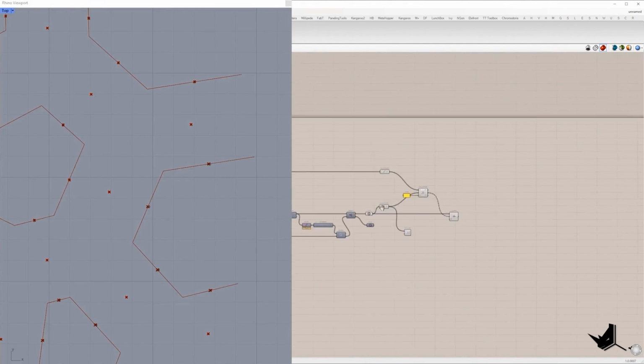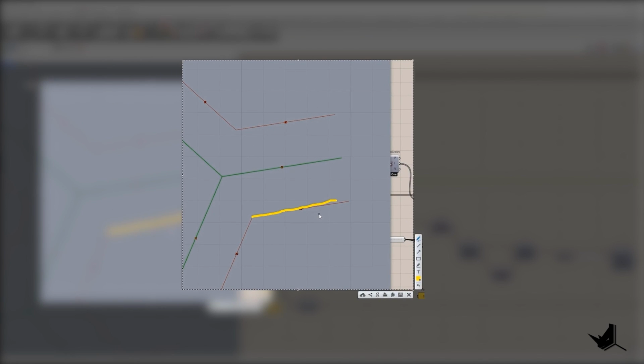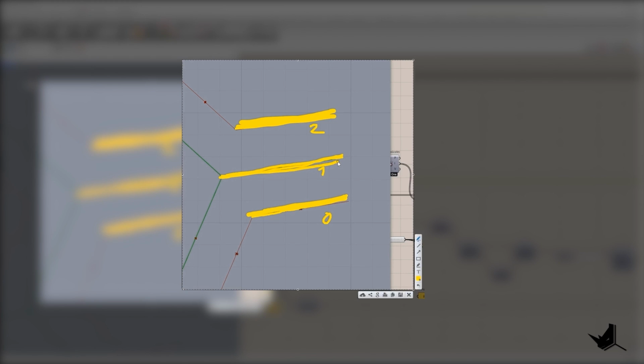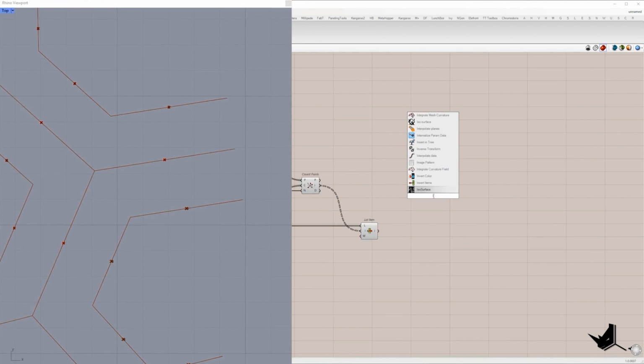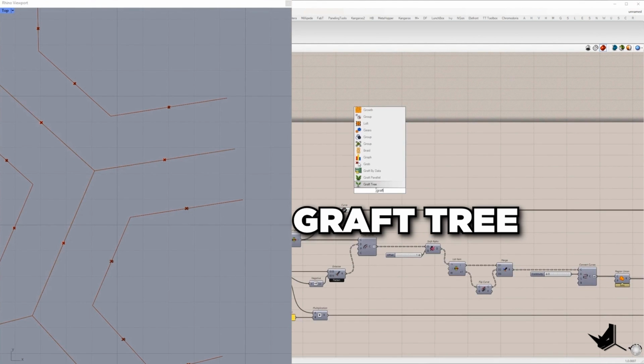But what I want to do is create a list of lines in each branch. So this will be the line with index 0. This will be the line with index 1, and this one will be the line with index 2. Right now, we have only 2 lines: this one has index 0, this one has index 1. So we need to insert this line in position 1. So insert items, this will be the list of lines. In position 1, I will insert these curves, but don't forget to graft this one,